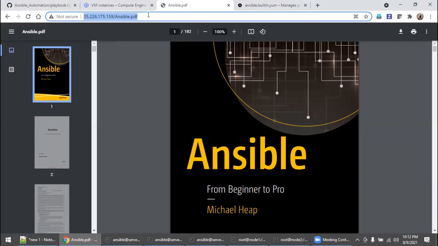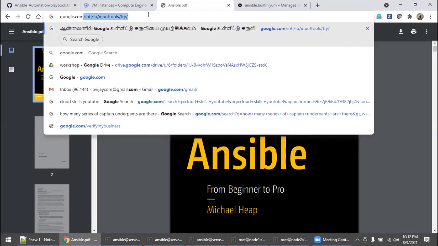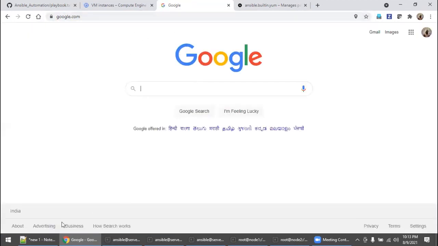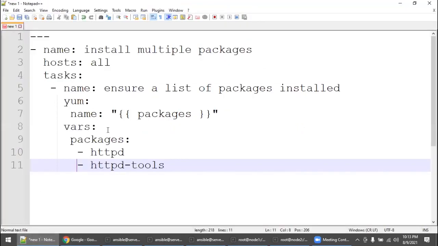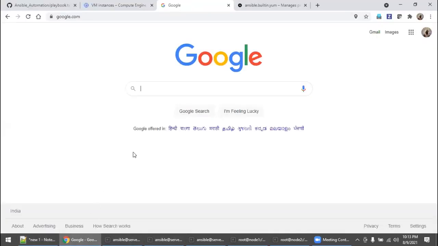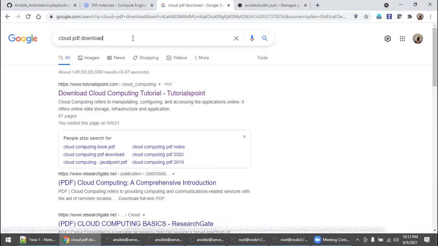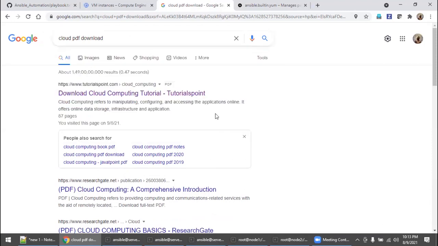Okay, go to google.com and then you can say cloud PDF download. Copy this, go here. Okay, and come down.